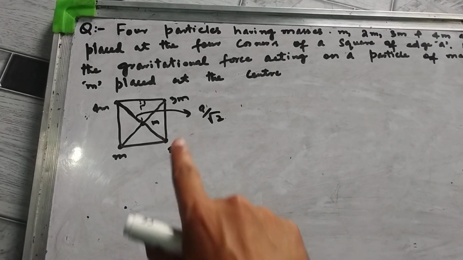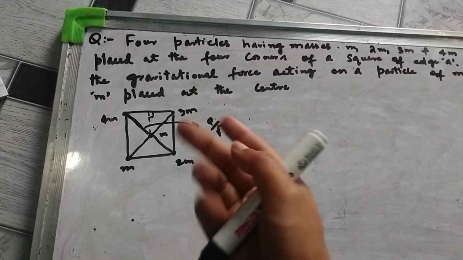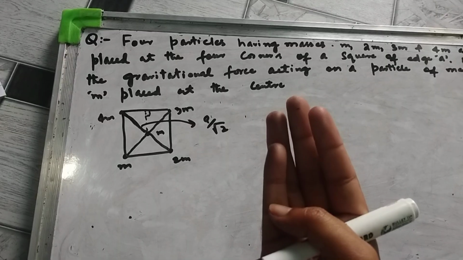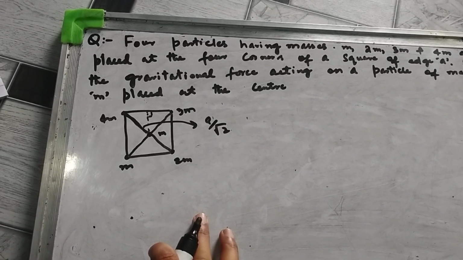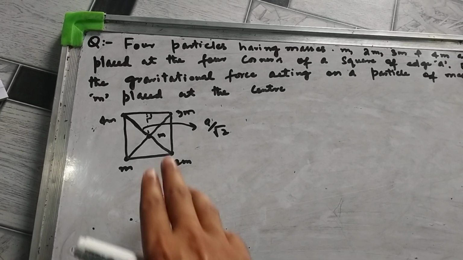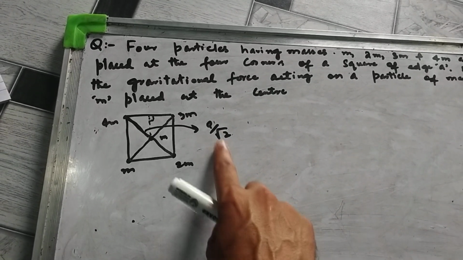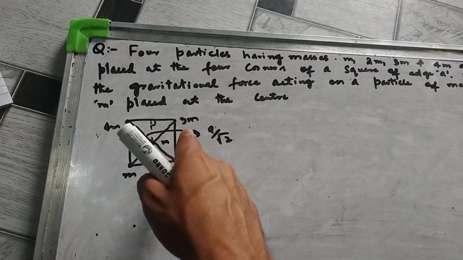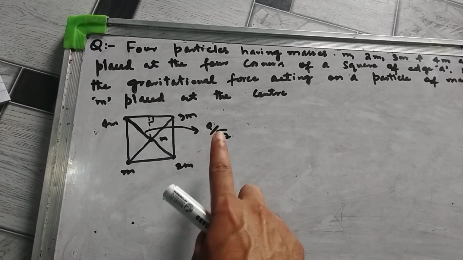You all know this result. You must remember this result. Lots of questions are asked in JEE Mains paper in electrostatics, magnetism, circular motion, COM, and rotational motion. Lots of questions are asked on a square, and we need to remember this result. The diagonal passes through the center of the square. The length of that half-diagonal will be a by root 2.